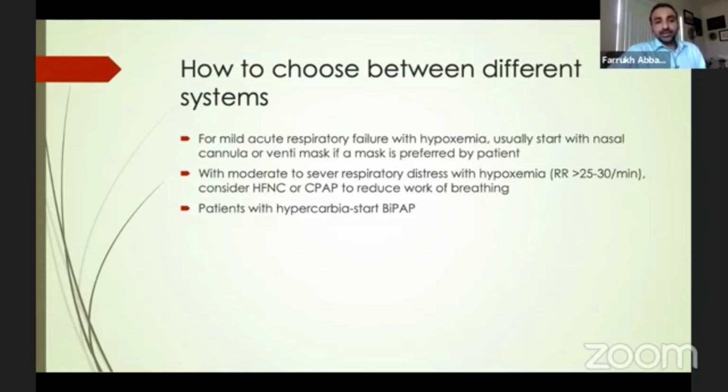And then once you start them on that, you want to follow them clinically, how they are doing: their work of breathing, if they are using accessory muscles, their tachypnea, their tachycardia, if they were agitated, their mentation, if that is improving or not. And then you want to follow them, in some cases, with a blood gas. If our saturation is more than 94% or even 92%, that is probably reliable. But if they're clinically doing great, you probably don't even need a blood gas. But if they're not doing well, then you may consider an ABG to check their PO2